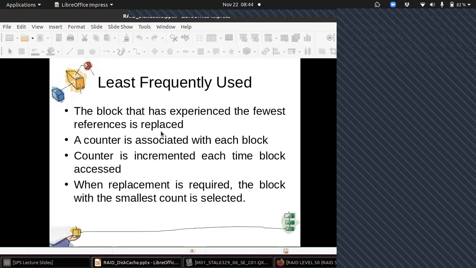For that, what you need to do? You just need to maintain a counter for each disk block which is there in the cache. So a counter is associated with each block and the counter is incremented each time the block is accessed. So wherever this block is accessed, the counter will be incremented. And whenever replacement is